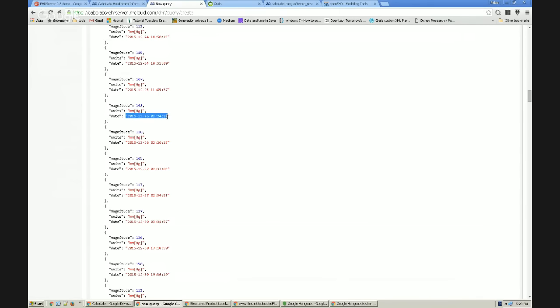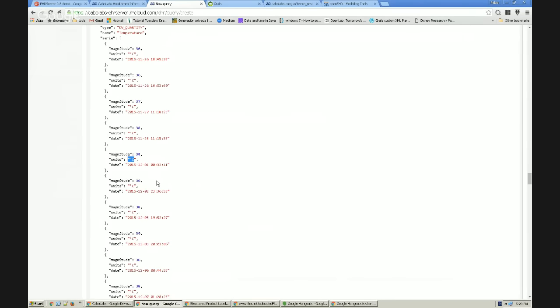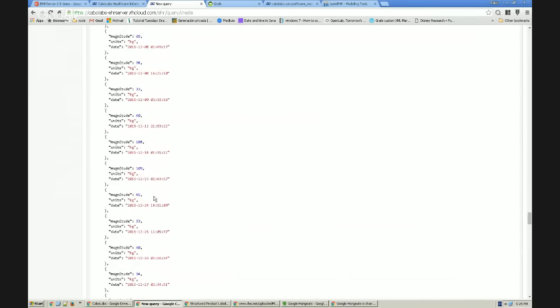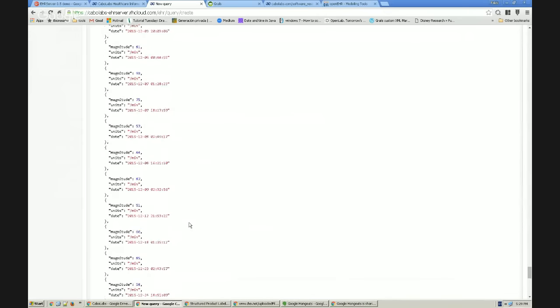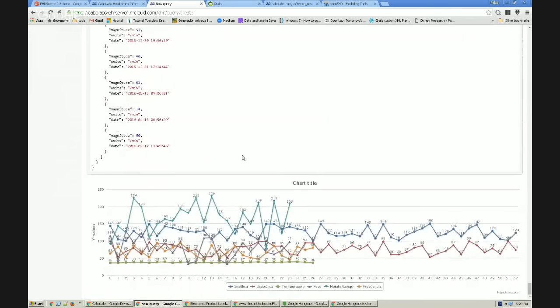This timestamp is the date of creation of the clinical document that contains this data. The same for diastolic, you will see all the data there. The same for body temperature, you will see here, this is in Celsius, weight in kilograms, height in centimeters, etc. And the EHRServer detects that the results are numbers,